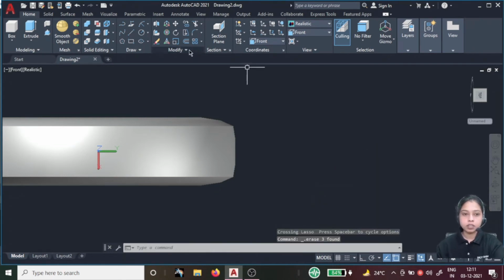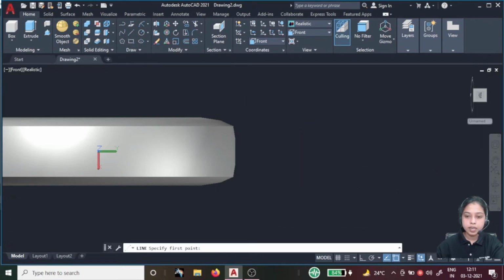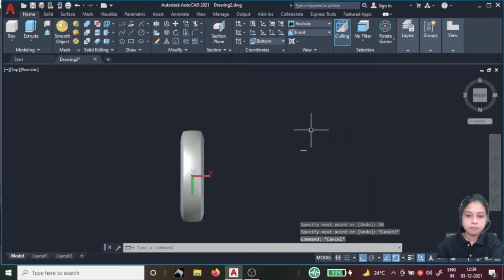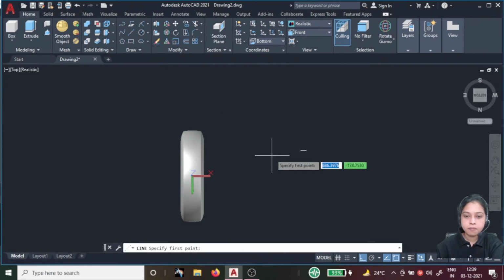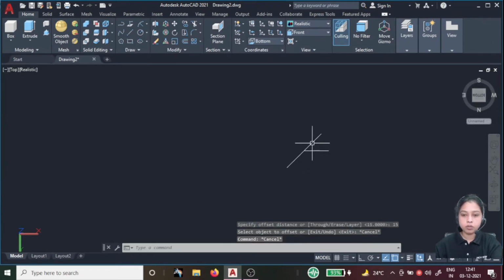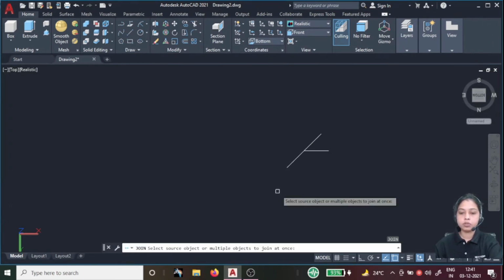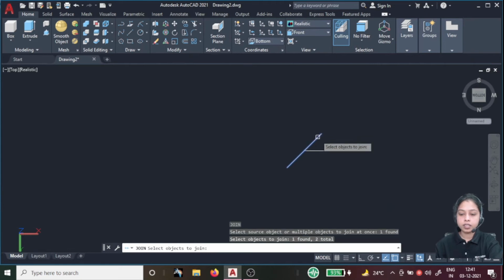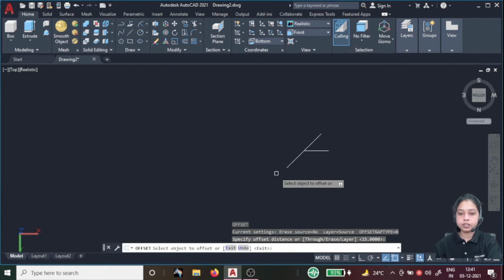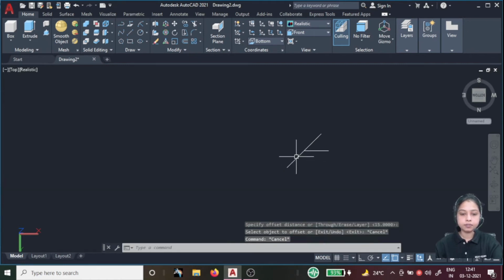Delete this one. To give a frictionless profile, we need to create a profile from this to this. And offset the whole object; we need to join these two objects, enter. Now go for offset, O, enter, 15.